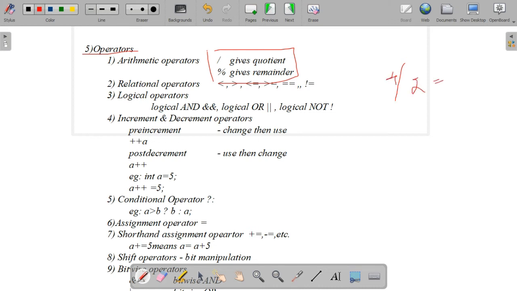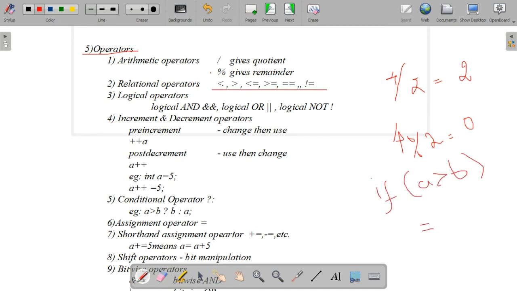Here you have to consider only 2 points, very important. You should remember division is used for the quotient, and modulus is used to get the remainder. For example, what is the value of 4 divided by 2? Yes, we get the quotient 2. Then what is the value of 4 modulus 2? We get the remainder 0. So for this we use the division and modulus operators.